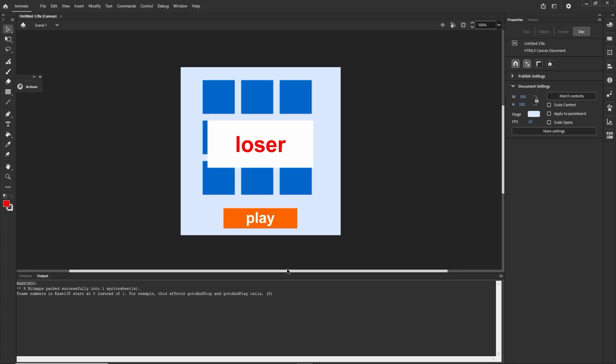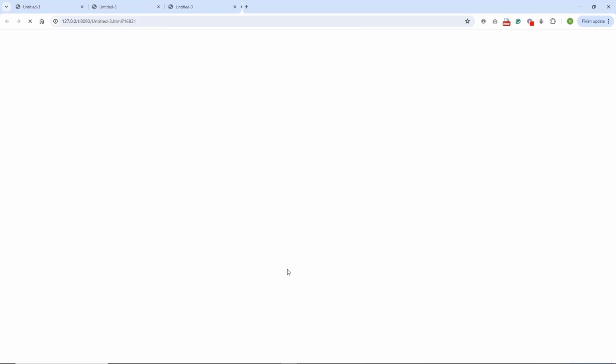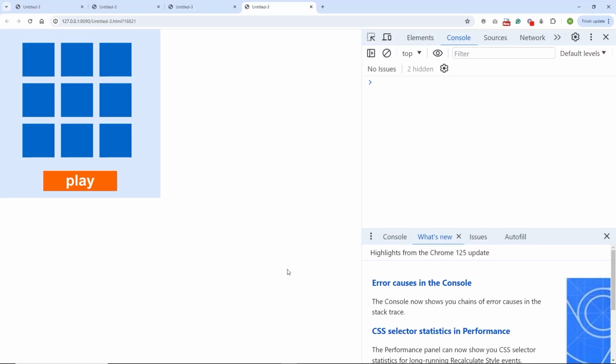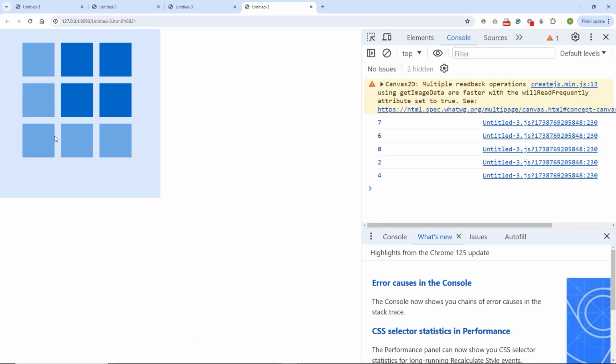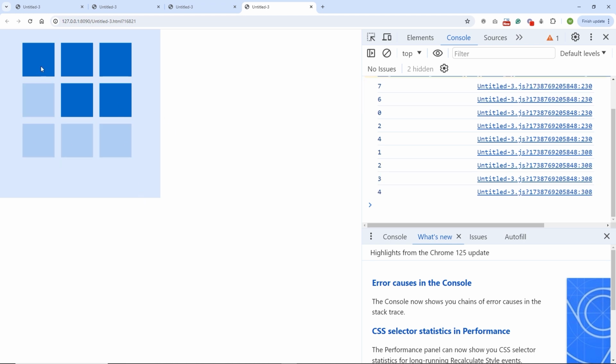Okay, so right now I'm in Adobe Animate, and I will show you what we have so far. I will press Control Enter, Command Enter. I'm going to open my console, and if I click play, I am going to have 5 shapes selected like so. Right now I cannot click anything, and if I click the correct shapes, I am